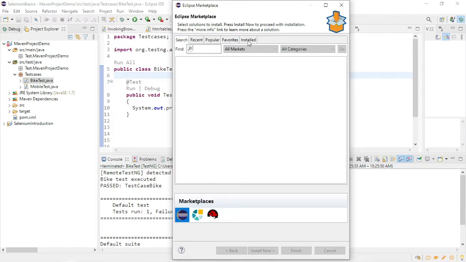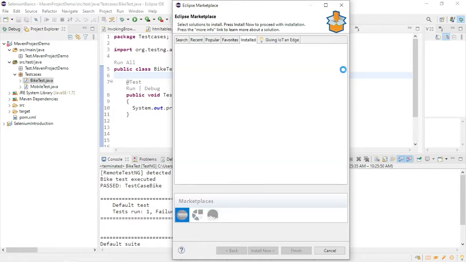There is one plugin you have to download, otherwise you will not see run as TestNG.